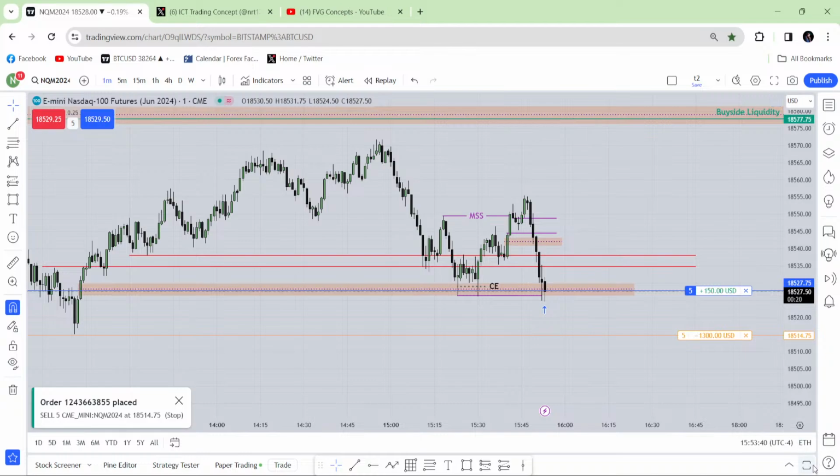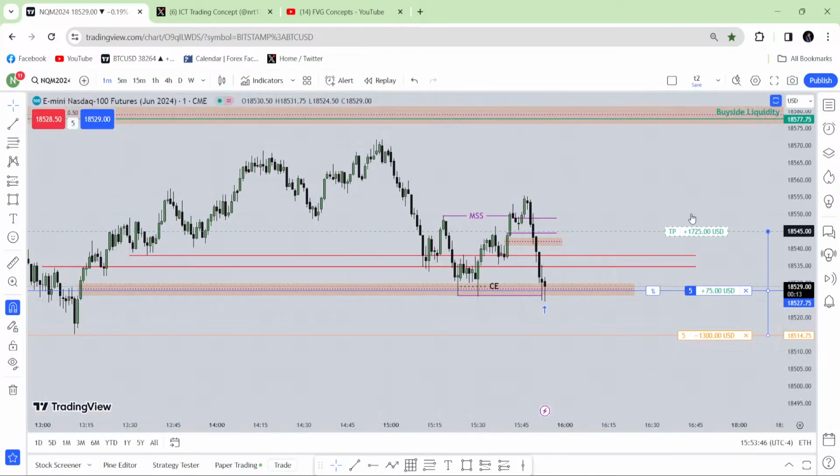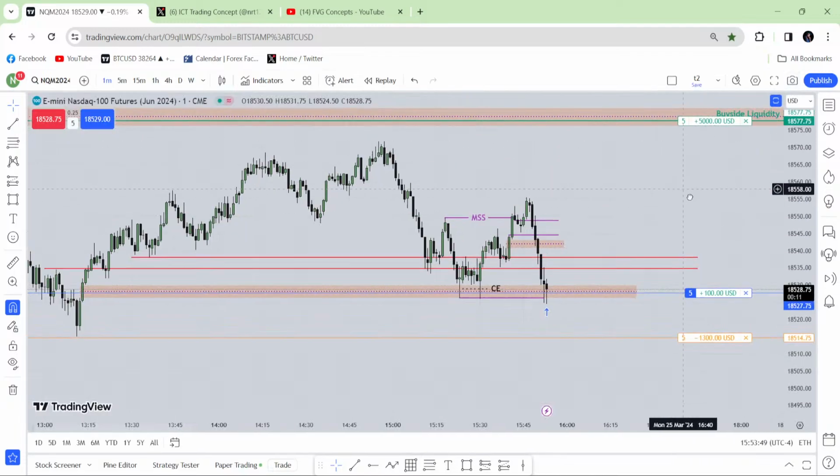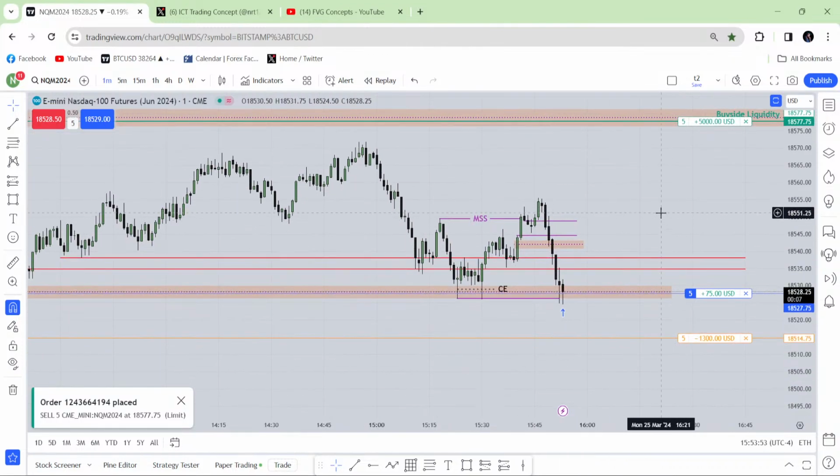This is my paper money, so you can see just paper trading. Okay, this is the paper trading. So yeah, this is for my mental refreshment. Okay, I do this thing at the end hour. I just pushed my button.